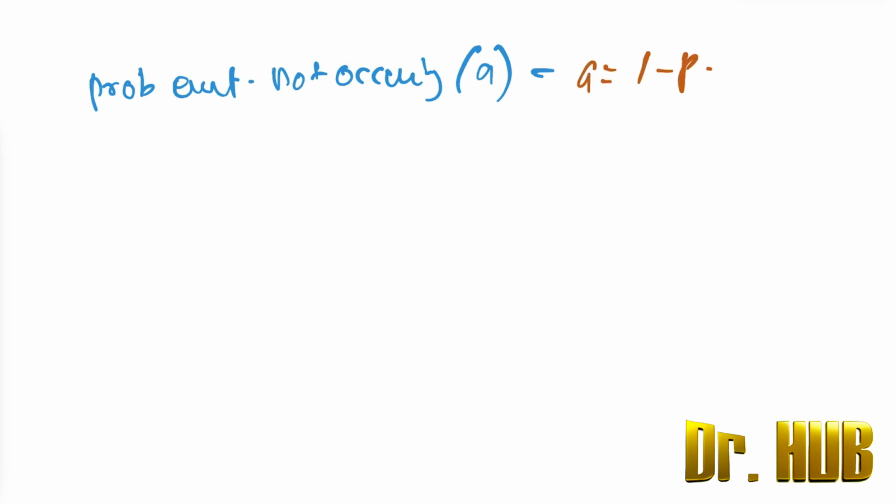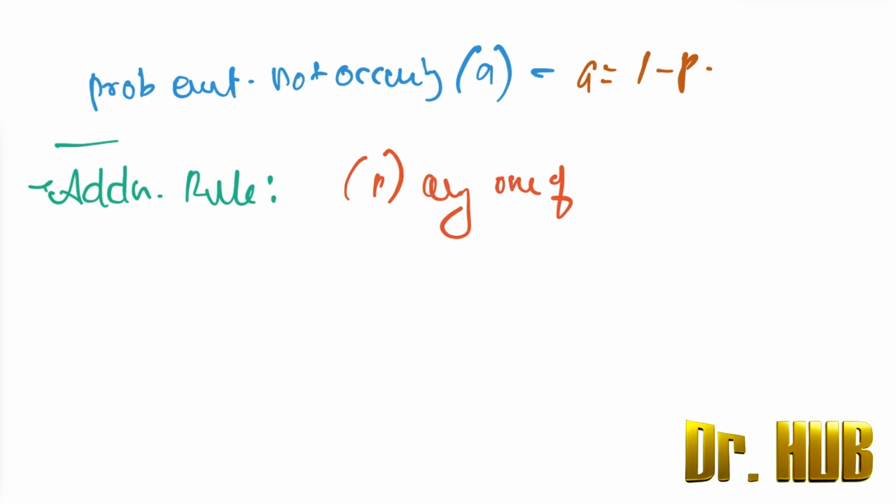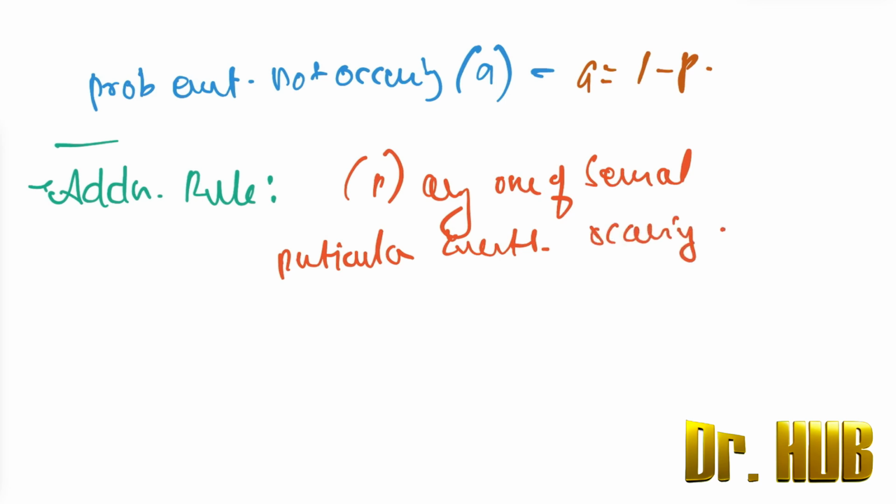Now let's look at some rules. There is something known as the addition rule. What is meant by the addition rule? Here the P of any one of several particular events occurring is equal to the sum of their individual probabilities,